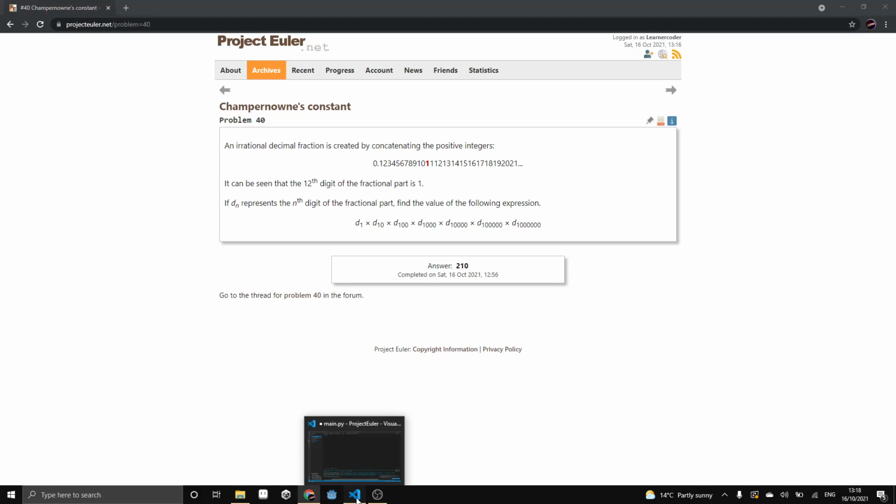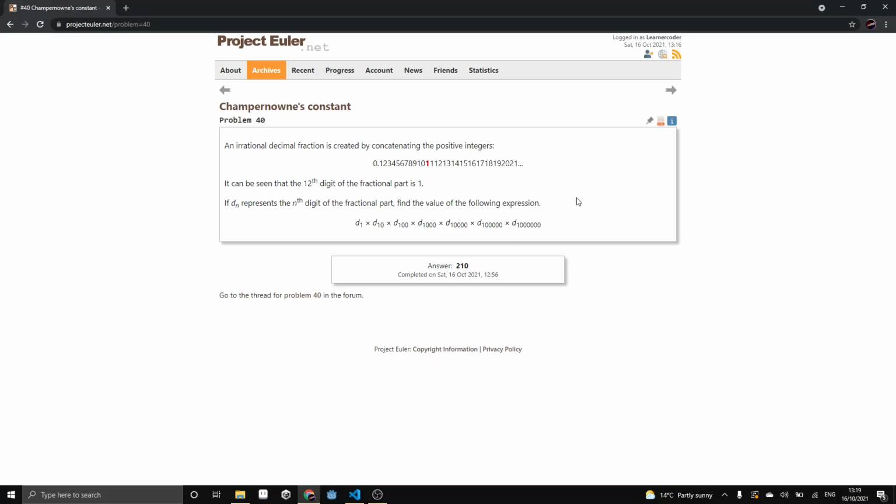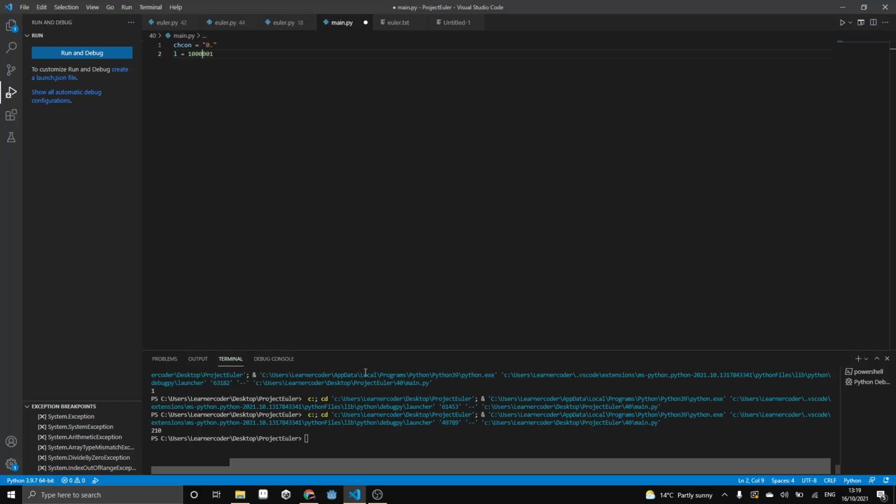So, if we go into Visual Studio Code, we can start coding up a solution. So we'll have to get this first part, and then we'll need to define a length for our looping function to generate this number, which is known as Champernowne's constant. And this is 1,000,000, so we're going to do it up to 1,000,000, but Python decides to skip